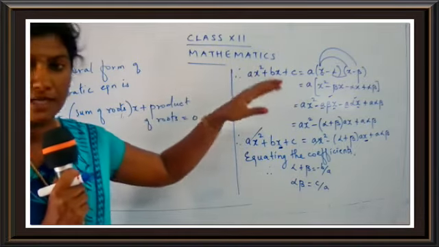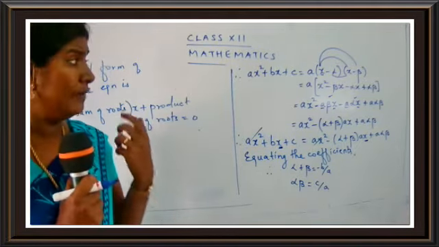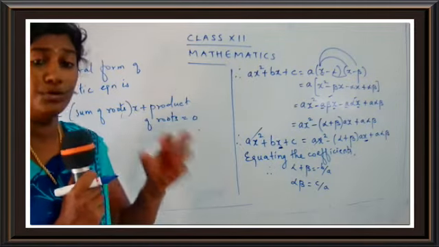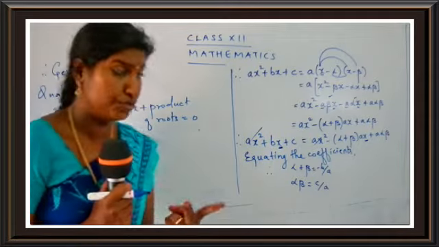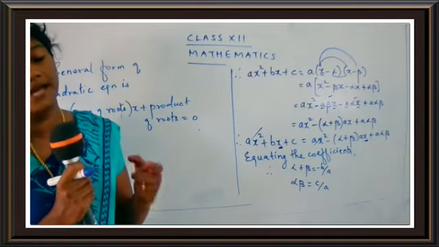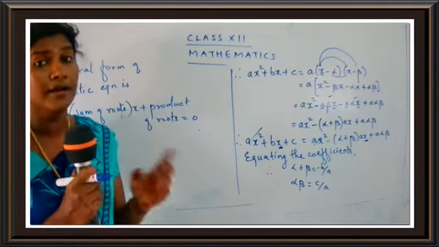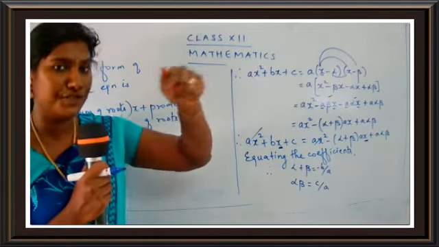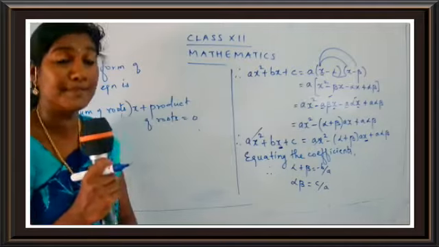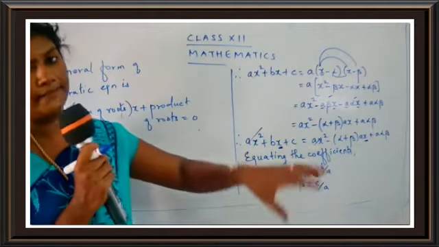First of all, you have to consider the quadratic equation. And once you get the quadratic equation, you know that the degree is 2. So if you have a degree 2, the roots will be 2. So what are the roots we have taken here? We have taken the roots as alpha, beta. So you have to just replace in place of 0, a into x minus alpha into x minus beta.